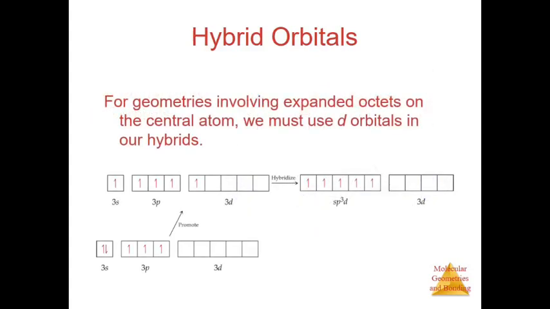And it says for geometries involving expanded octets on the central atom. As a reminder, sulfur, phosphorus, xenon, they like to expand. Says now you've got to use your d orbitals for those hybridizations. They're showing you hybridizations here. If you promote out of s into the d sublevel, it really starts here at the bottom. So think of this as your starting point. Now we are moving an s right over into d, promoting it up this way, and then you end up